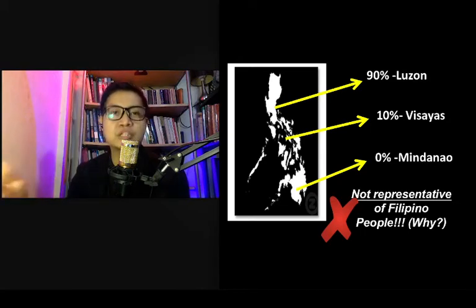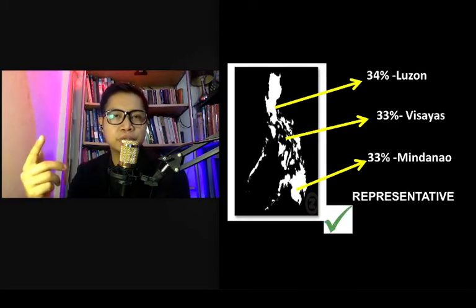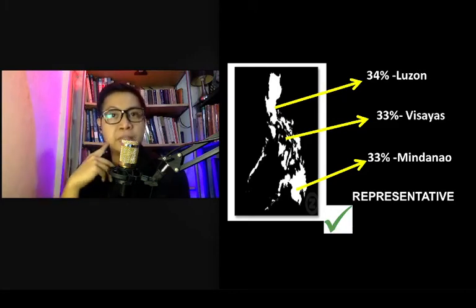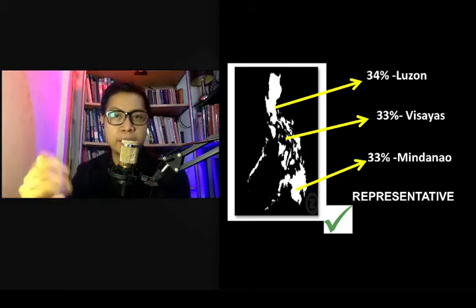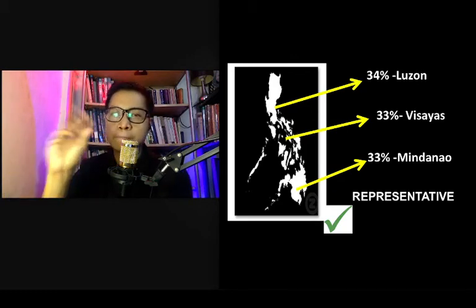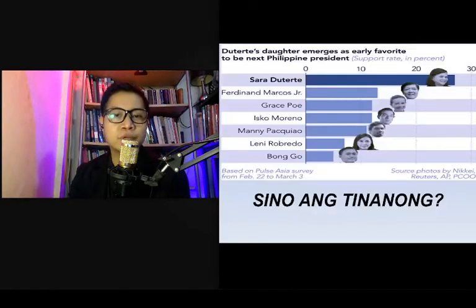Therefore, to make things more fair, para mas maniwala tayo sa survey, dapat yung 3,000 na yon represented all Filipinos in all areas of the Philippines. Kung ganito ang naging sistema, talagang per island in the Philippines, more or less merong representative na sumagot ng survey, then we can be more confident that indeed, Filipinos in general are in favor of contraceptive use.